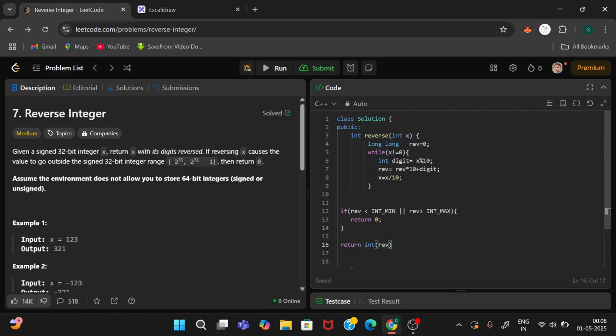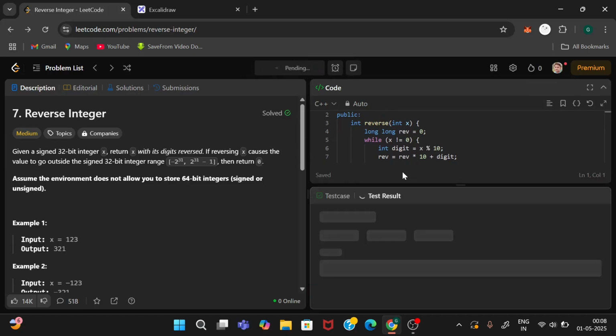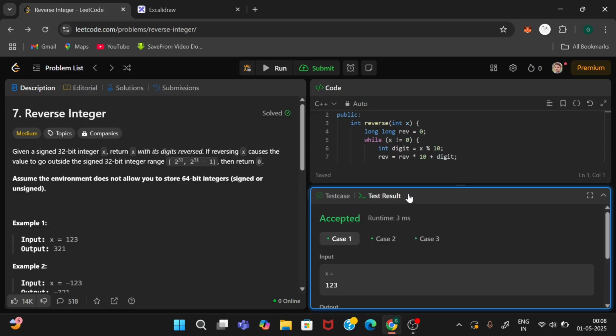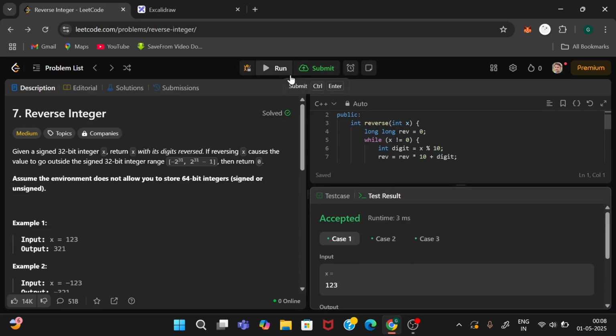The bracket will be here. Let's make it in good format. So let's check it. All the test cases are passed, and let's submit it.